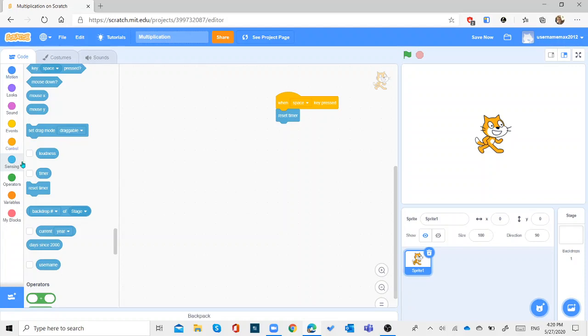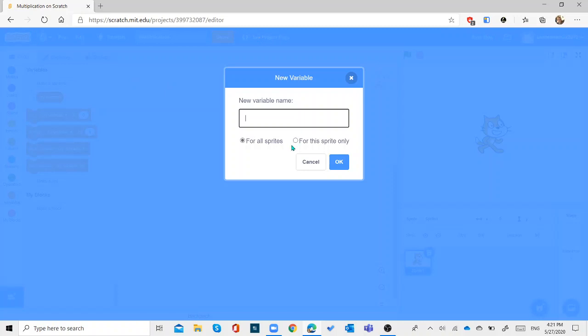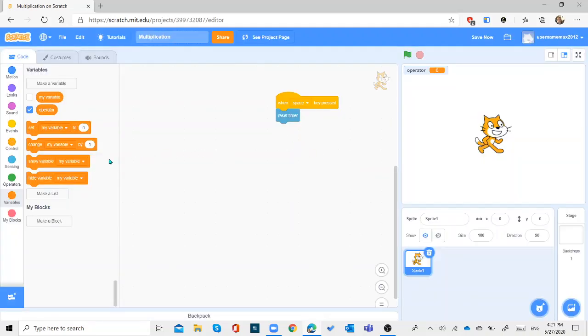So next, we will make a new variable, and we will make it operator. And make sure you have the for all sprites selected, or the name comes out weird. So, as you can see, you will change the readout to large. And we will put it right here, about in the middle,